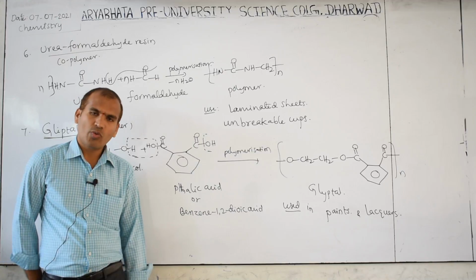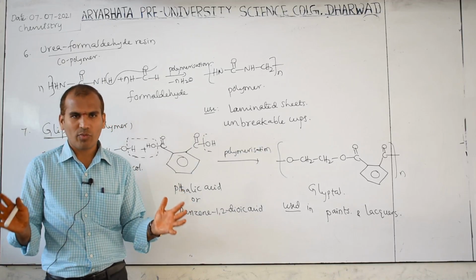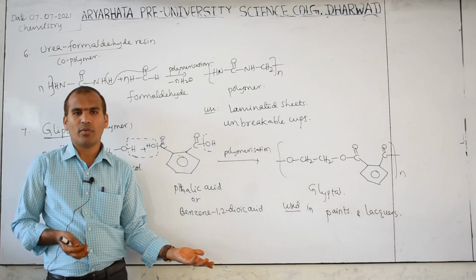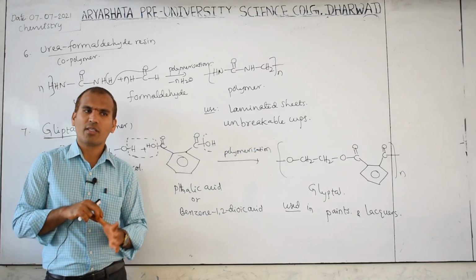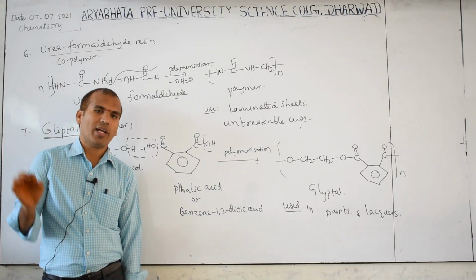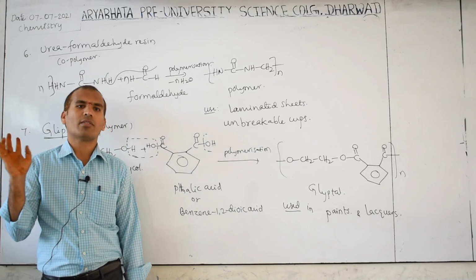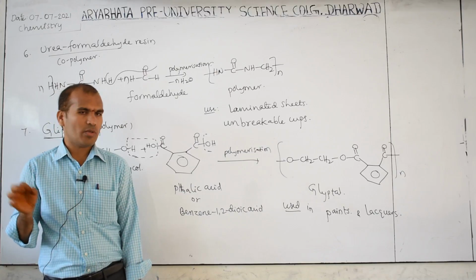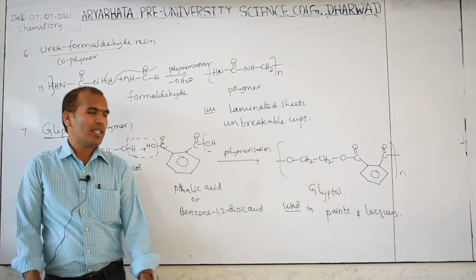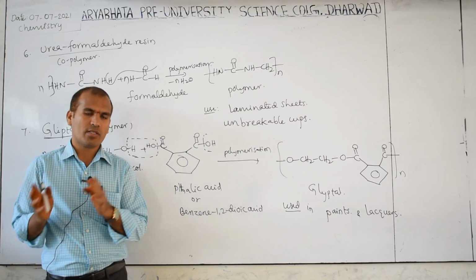Next one, structure is compulsory, and they may ask, Buna-S rubber, is it a copolymer or homopolymer? It means copolymer, two different monomers are there. If the repeating unit is the same, that is a homopolymer. So what types of questions are there? One is based on classification. For example, is bakelite a linear polymer, branched polymer, or cross-linked polymer? It is a cross-linked or network polymer. So based on classification. And next one is polymer name or structure, or monomer name or structure.